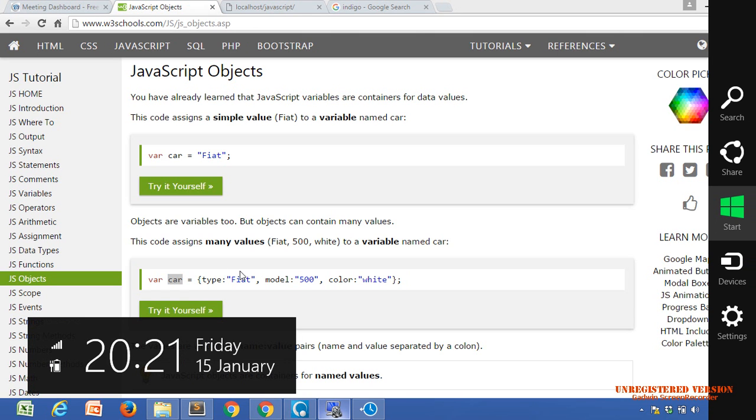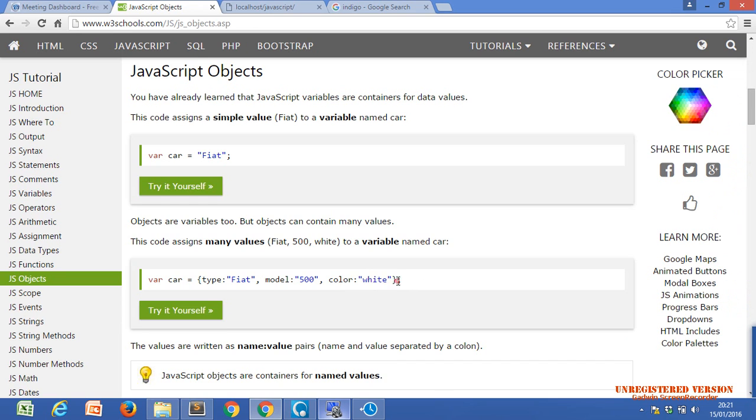In the type key we assign Fiat, in the model key we assign 500, in the color key we assign white. We assign all these into one car variable. So object type variables are used to store multiple values.